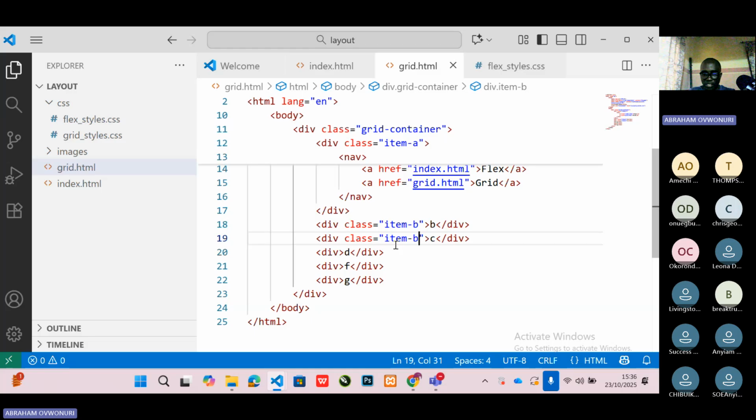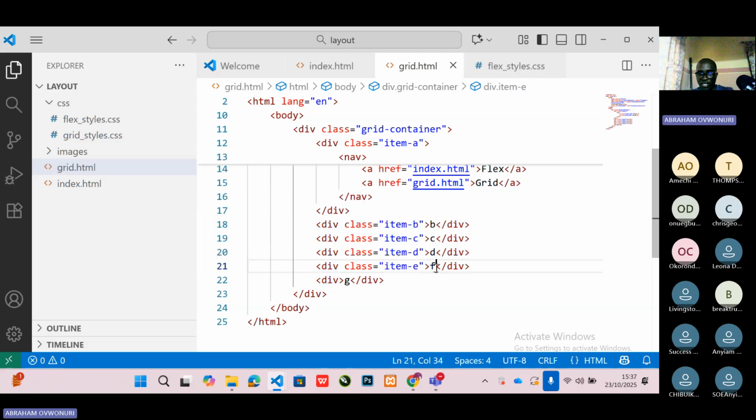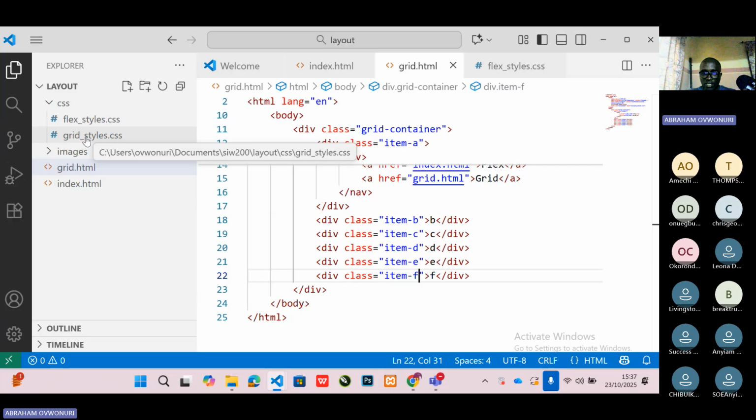Class item C. Class item D. Class item E. Oh, we forgot E. Then this should be F. Class item F. We'll come back and do one or two things, but let's stop here and move over to the grid CSS